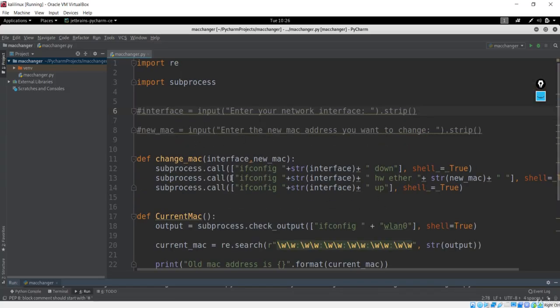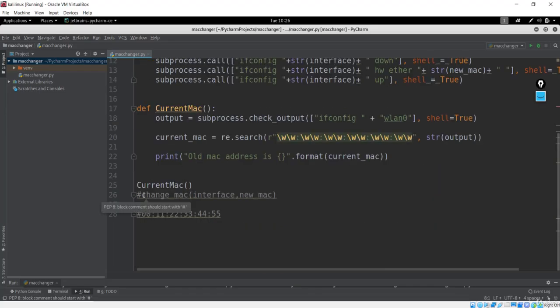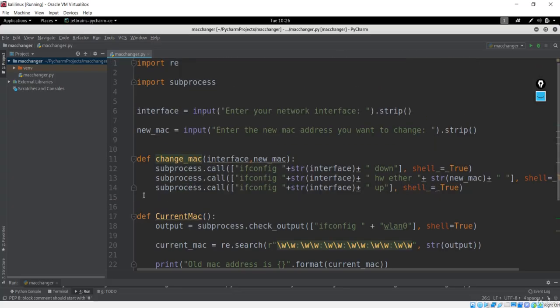So we just executed this command on the shell and changed the current MAC to the MAC address that we entered from here. So this is the perfect example of how to change the MAC address. But you can see here this MAC address was entered from the user. What if we want a random MAC address? We will implement that random MAC address assignment in the next lecture, which will also be an interesting lecture. So see you in the next one.